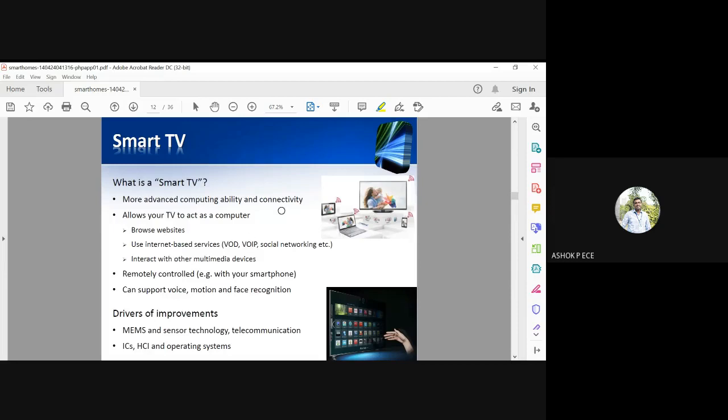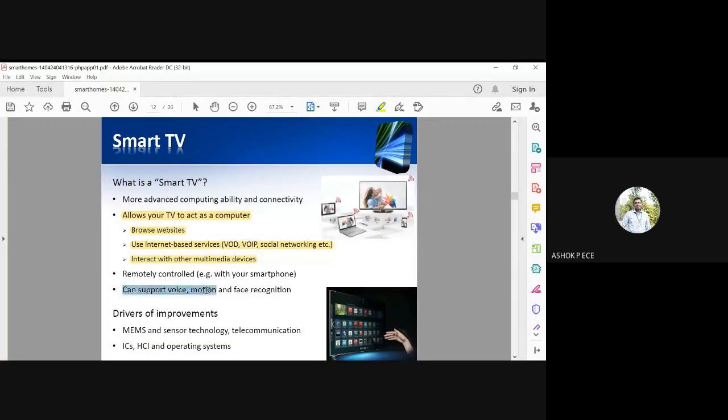Then smart TV. So smart TV, it is just like a computer, a computer with a display with the functionality of a TV. So you can browse websites using this smart TV. You can connect to social networking sites using smart TV, and you can interact with other mobile devices using smart TV. So it can also be remotely controlled with your smartphone.